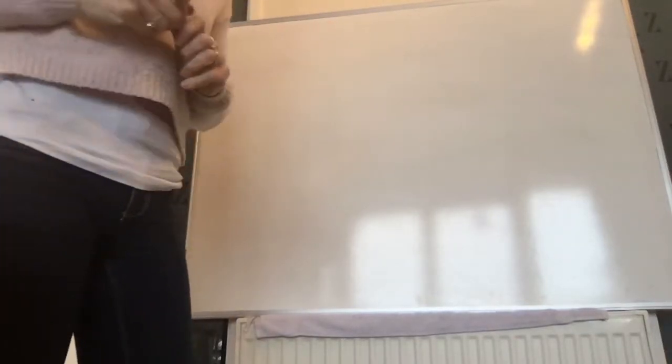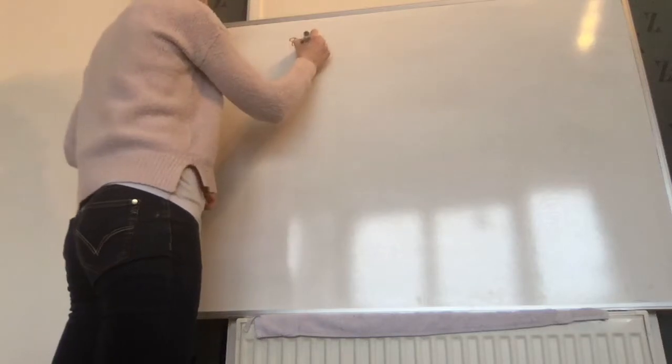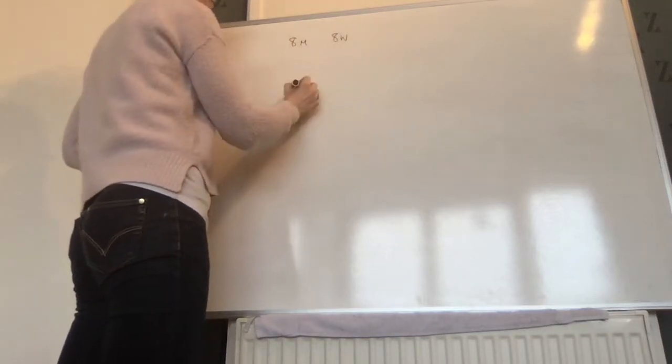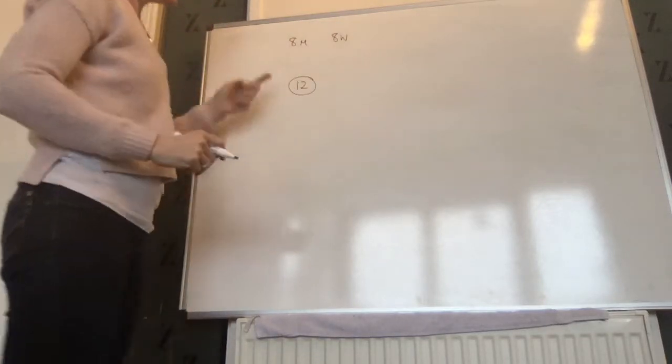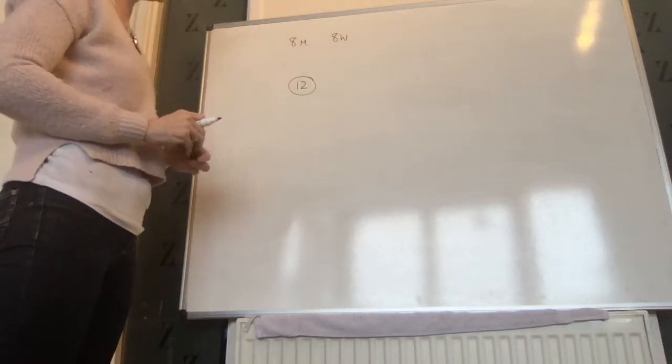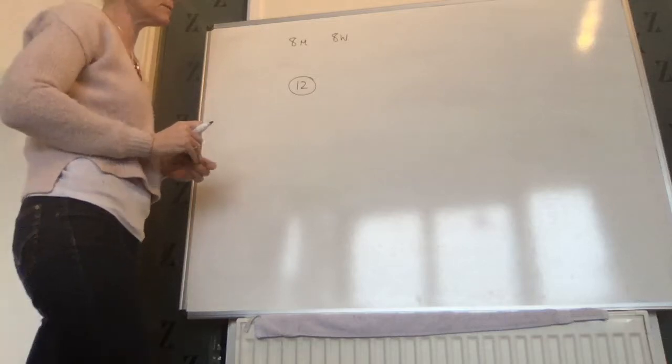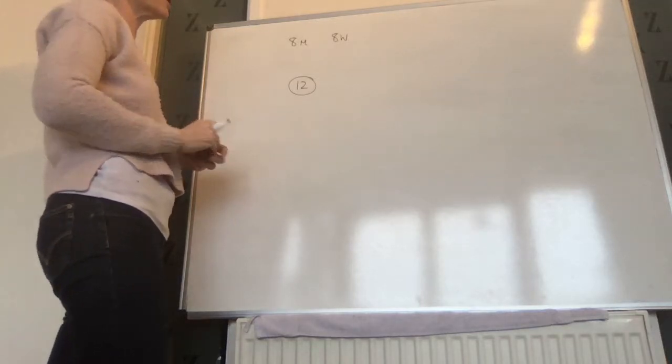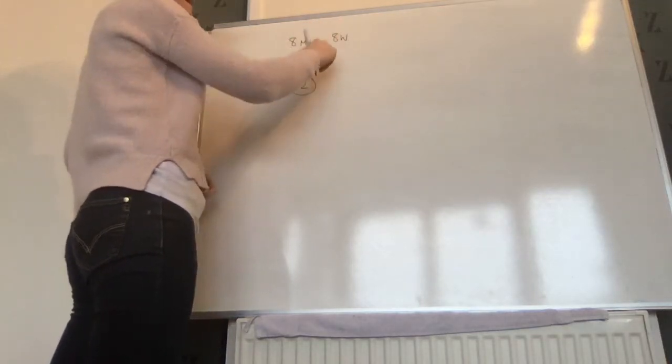Question 5. A jury of 12 people is to be selected from a panel of 8 men and 8 women. So you want to select 12. In the initial part of the question, part A, there is no requirement on how many men or how many women. It can be any random selection. So basically we treat that as 16